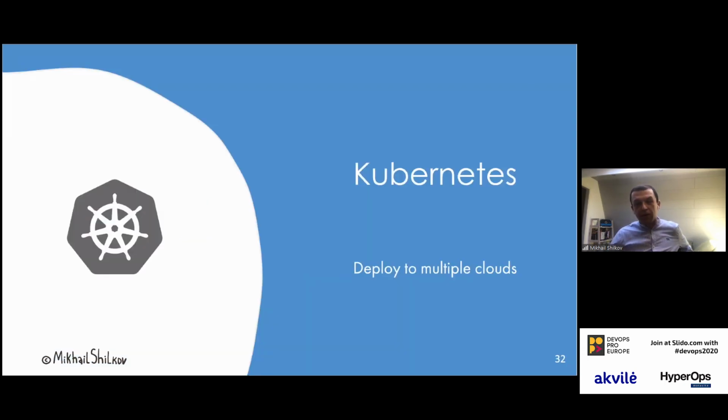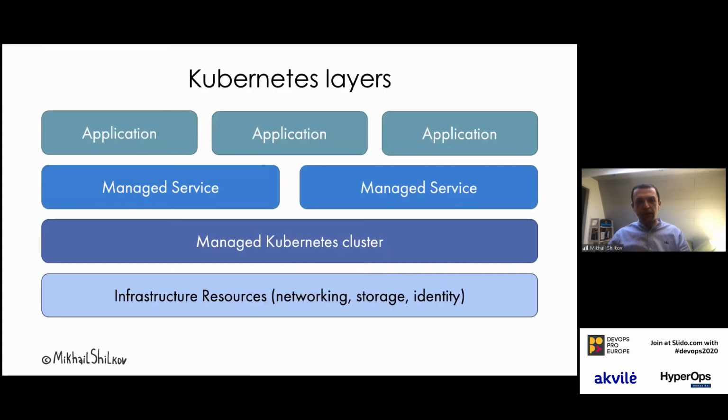Final example I want to give is related to Kubernetes. A lot of people do Kubernetes these days, and mostly they deploy to managed clusters in different clouds. So the complication of Kubernetes deployments is that there are multiple layers to manage there. First is infrastructure like networking and storage, identity layers in the cloud. Then there is that managed Kubernetes cluster, EKS, AKS, GKE. And then we probably also use some managed services from the cloud like Cosmos DB and start deploying multiple applications